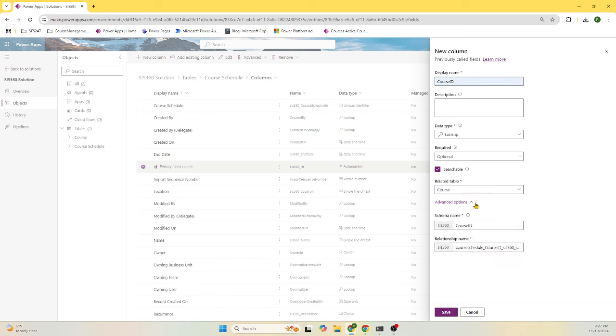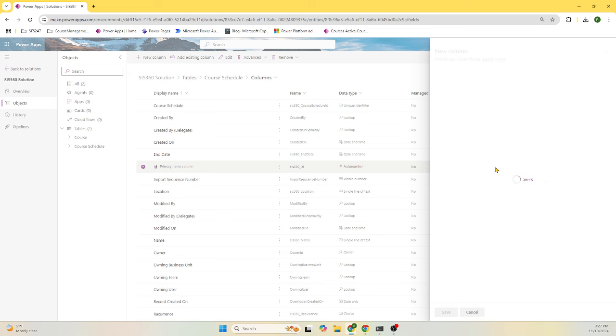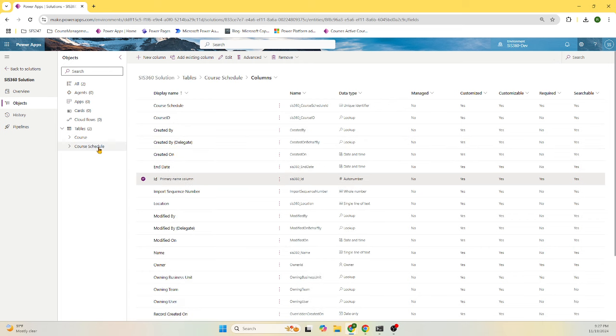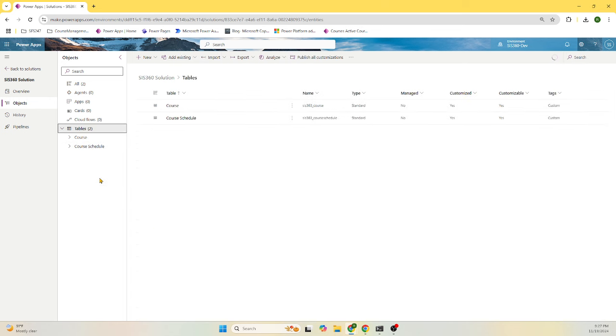This is what it means. Here you can see there is a relationship. Automatically Microsoft Dataverse builds it for us. This being a low code, no code platform, we just need to specify the lookup name. In the background, Microsoft will link this course with course schedule. So now we are able to successfully create two